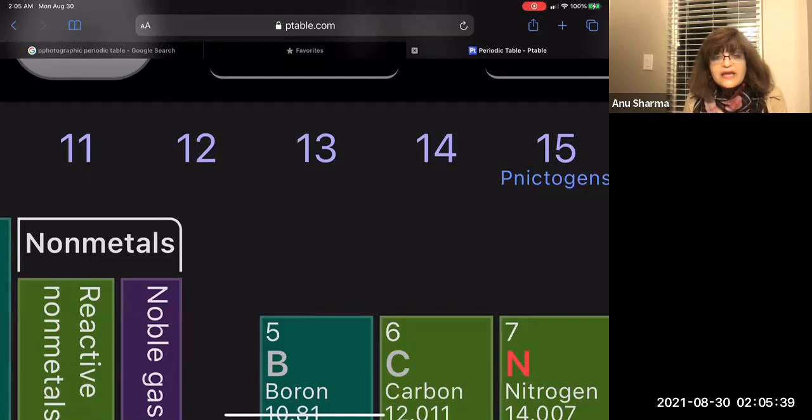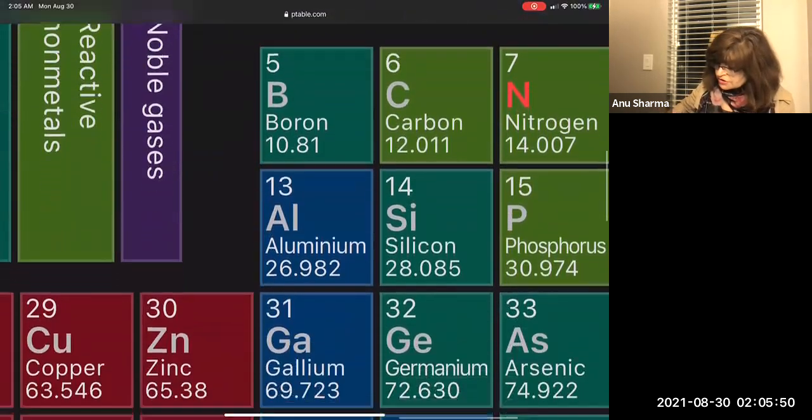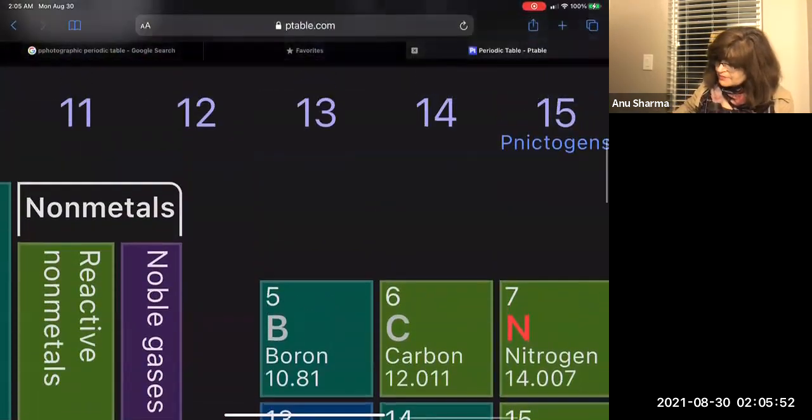That is 3A. So all of them will have 3 electrons in the last shell. They will make 3 bonds and they will have mostly +3 charges. Okay. Next comes carbon,